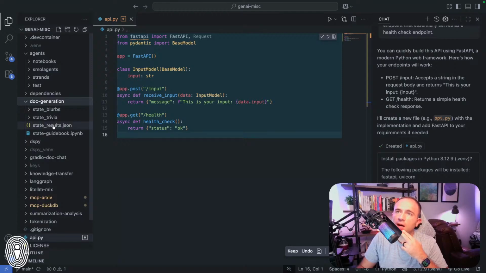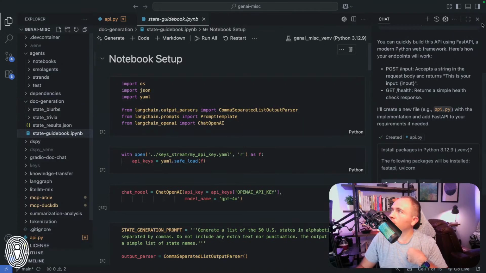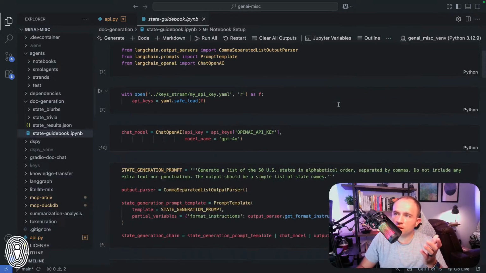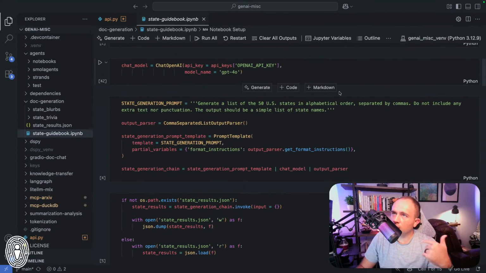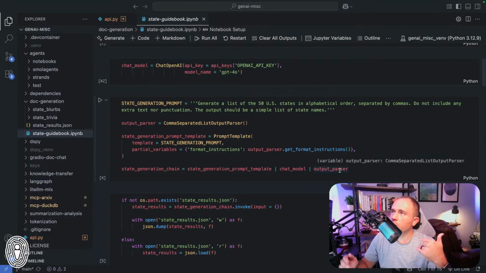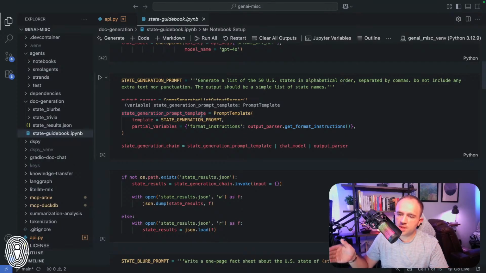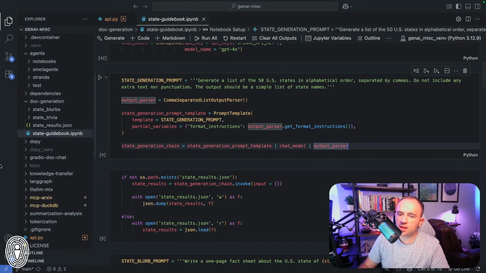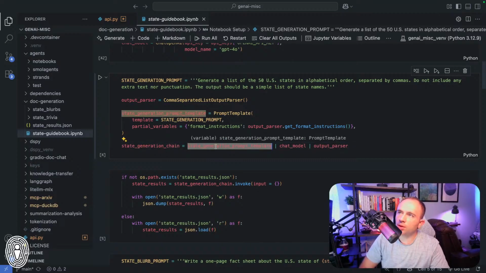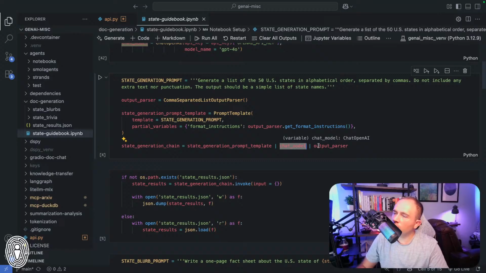I forgot, we did this particular example a couple of streams ago where we just generated some data. As a quick reminder, we were creating a list of the 50 U.S. states in alphabetical order, and then we had it extract. You could see here that we used LangChain. LangChain allows us to specifically set those steps of first do this, then do this, then do this. You can see by this line that I'm going to highlight that our chain is doing three things. First, we are ingesting our template, then we are passing that to the chat model, and then we are taking it to an output parser.